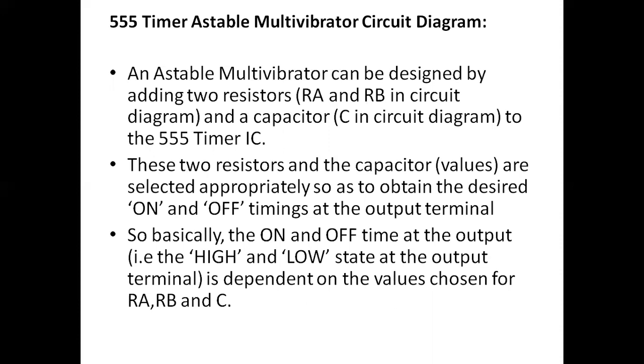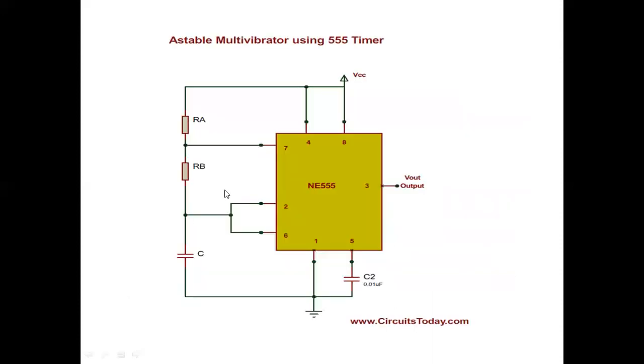So this is the functional pin diagram of an astable multivibrator using IC555. Normally we have 8 pins here. Here we are connecting 3 more components externally to the 555. This is the normal pin diagram of IC555. Here we are connecting 3 components externally, that is RA, RB, and C. If you connect these components in this manner, then this 555 timer can be used as an astable multivibrator.